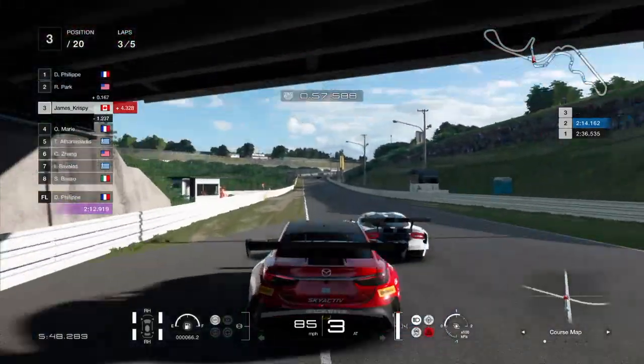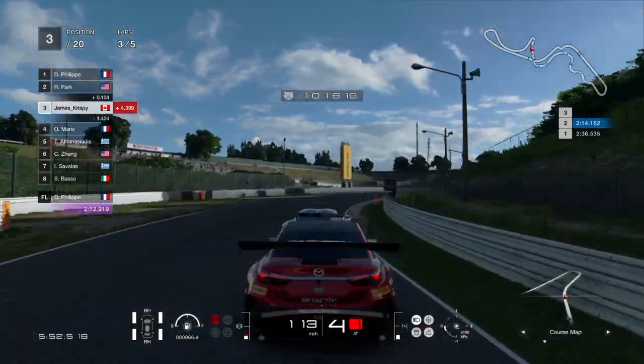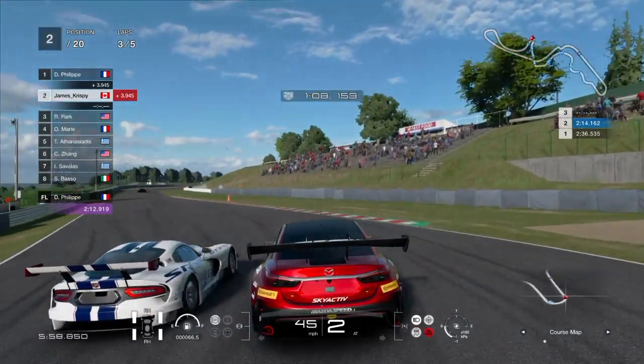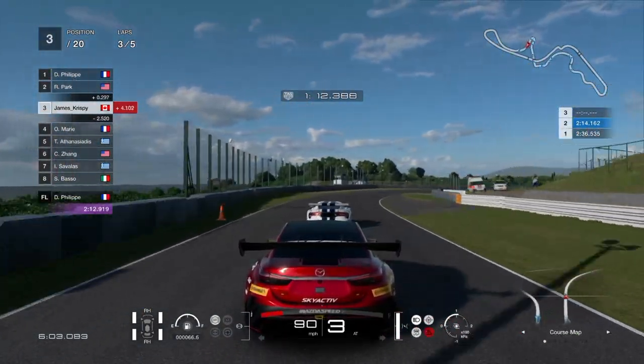Coming up to the Dodge, he's overcooked that corner. We're almost off the track trying to overtake him. We're going to try and go round the outside into this hairpin. He gives us the big squeeze on the exit though, so we just can't get past him there,